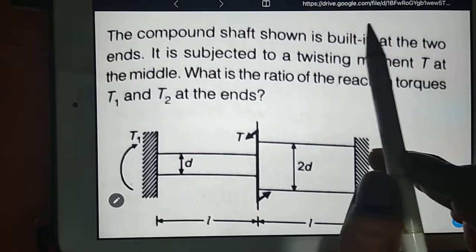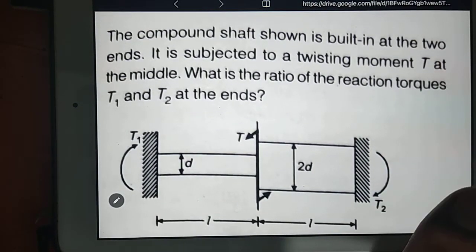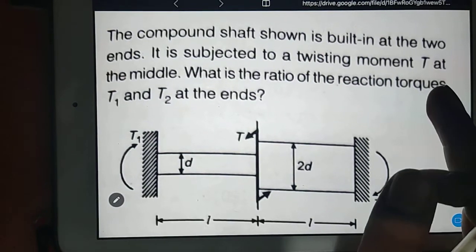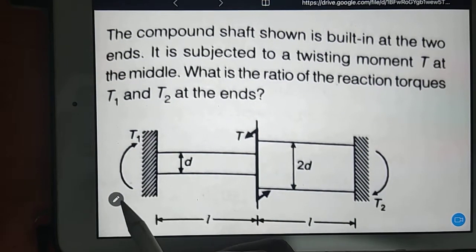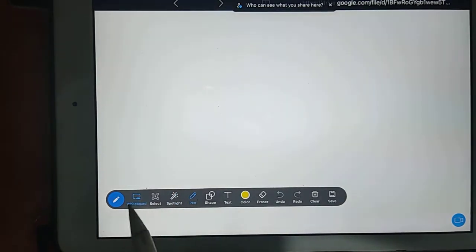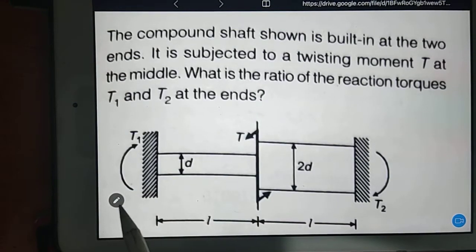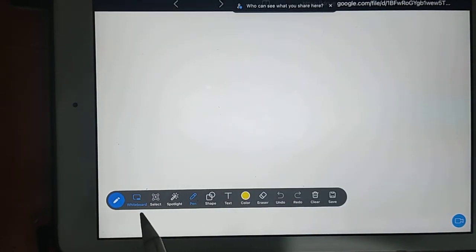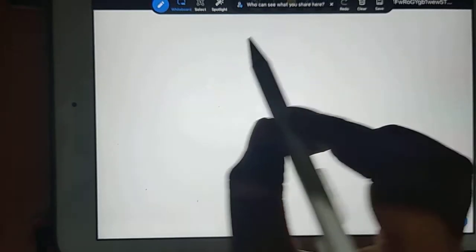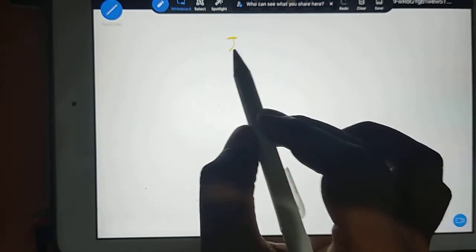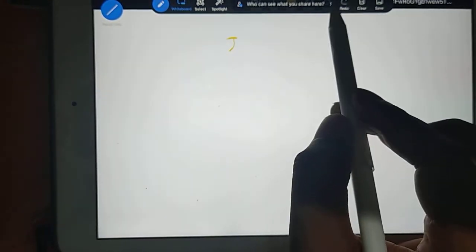So first of all, we'll start the basic revision about torsion and then we'll go for every single solution. What are the main formulas you should keep in your mind while revising torsion or while doing the numericals of torsion? As I told you, this trick, let me change the color,